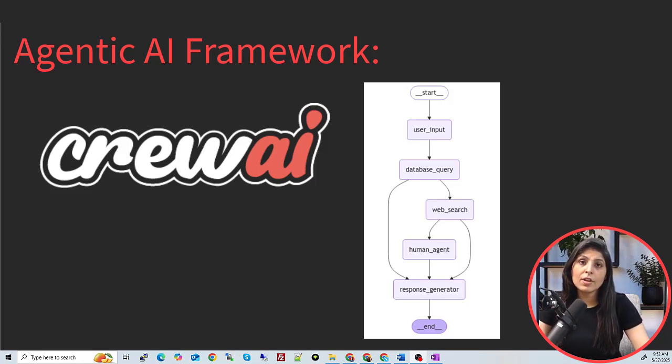So today we will learn another agentic AI framework called Crew AI. Crew AI handles most of the planning for us. So we don't have to do everything manually. Crew AI will handle all that planning for us. So let's begin. Let's see how it works. First we will understand what Crew AI is and then we will see how we can use it.